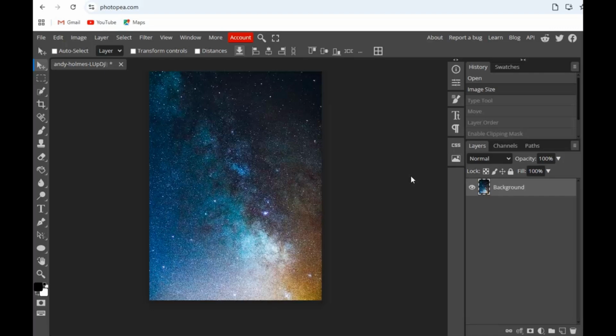Hi guys, let me show you how to add a photo inside a word in Photoshop. So I have this image here that we are going to use. So first we click on the eye button here